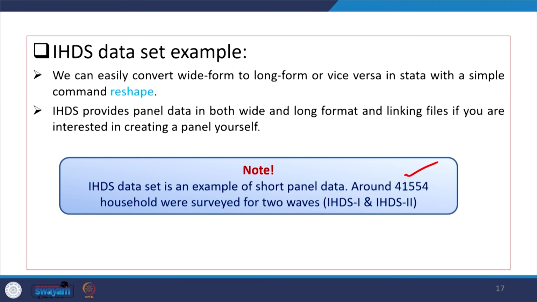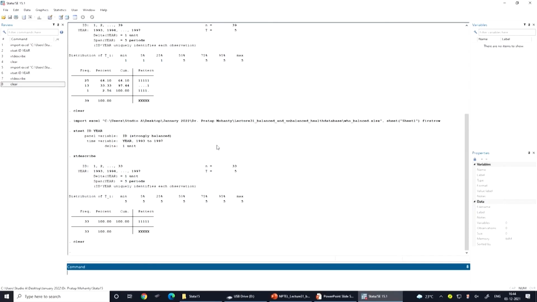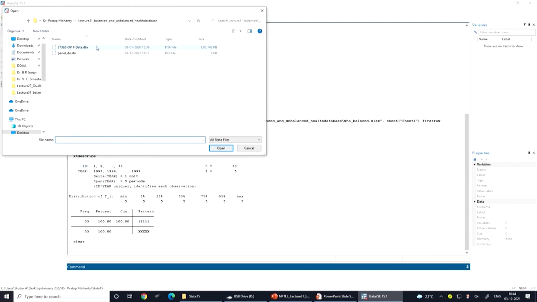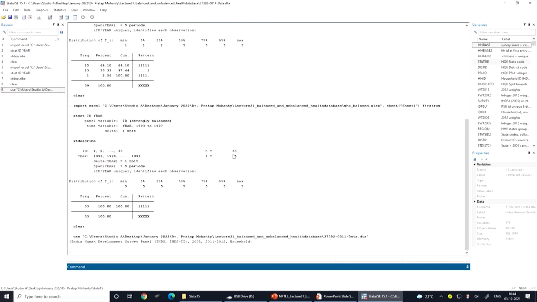Now, I am going to show this IHDS data for your better understanding. I am going to clear the data we have already cleared, and open the IHDS data in front of you. First of all, we need to understand which are the common ID variables, and those should be uniquely identified in the panel data.